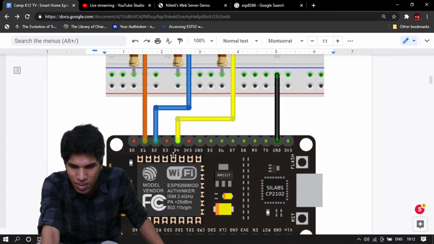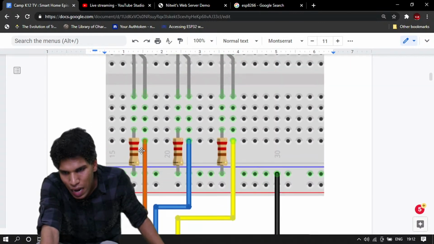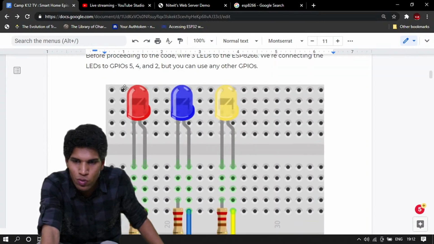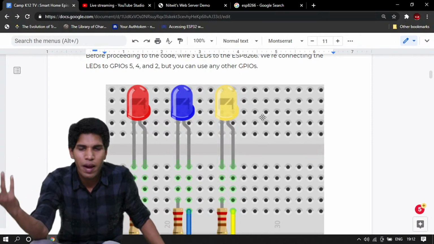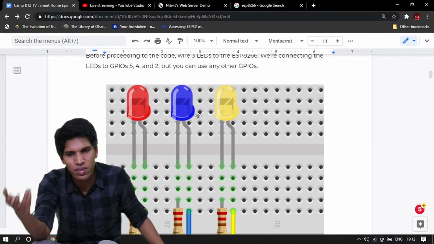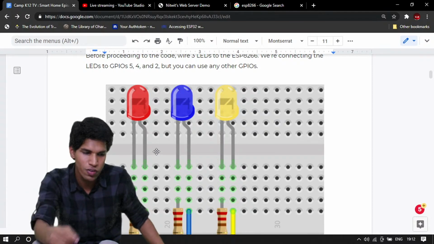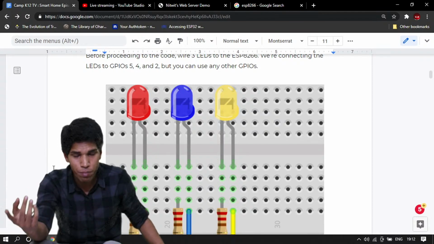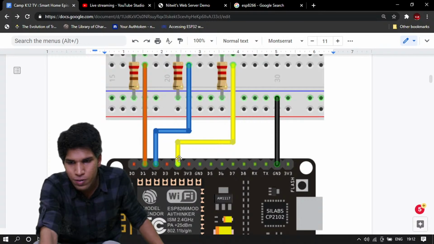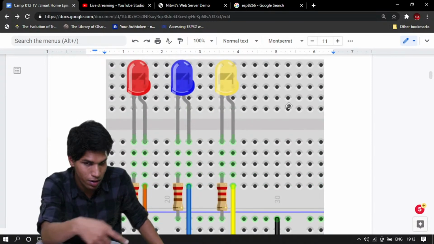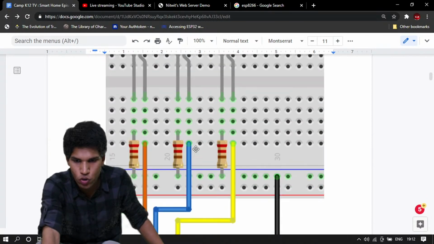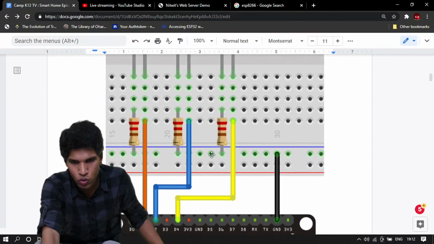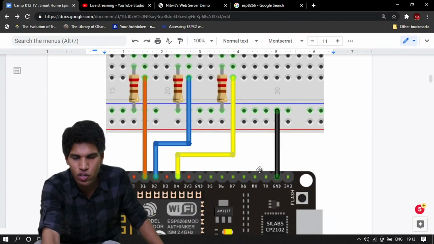You can see here as well in the circuit diagram, and I'm attaching these three pins to three appliances, three diodes, whatever you want to attach. So the bulb that you saw me holding, that was attached to D1. That lightsaber was attached to D2, and I have another LED attached to D4.